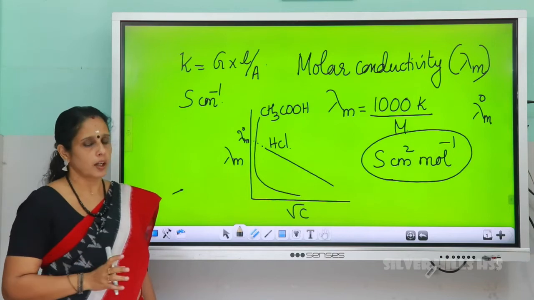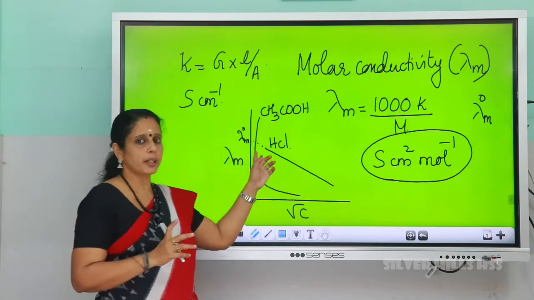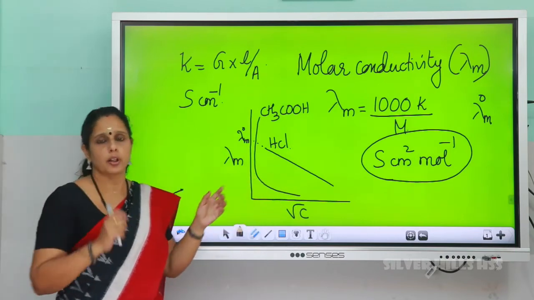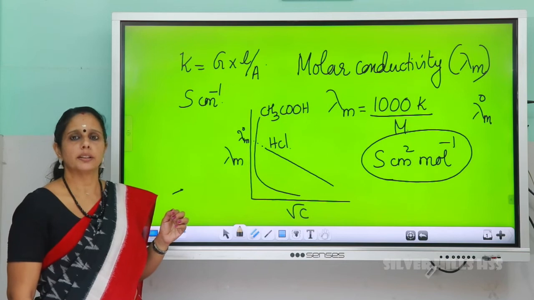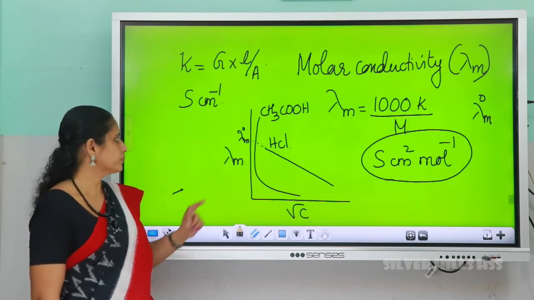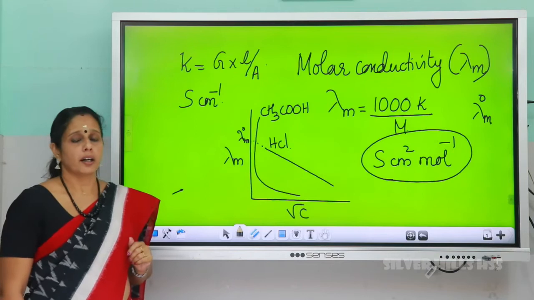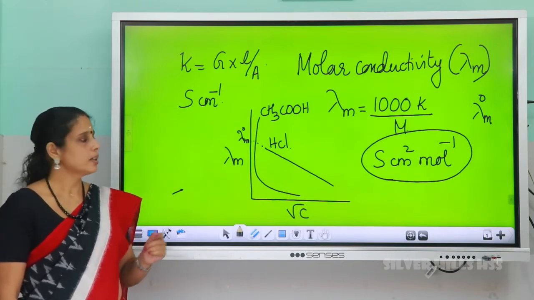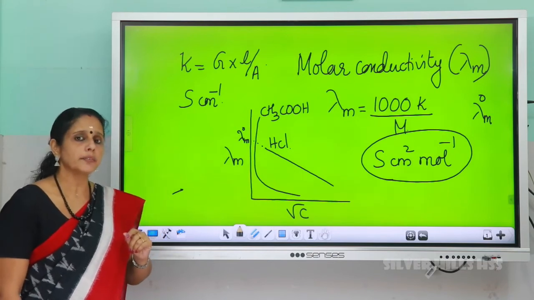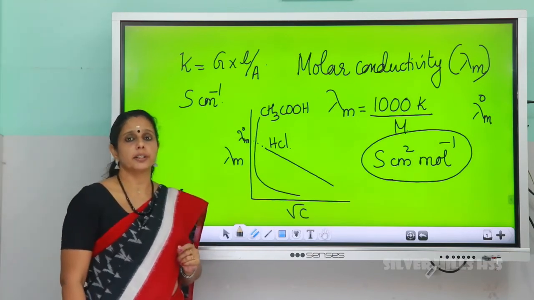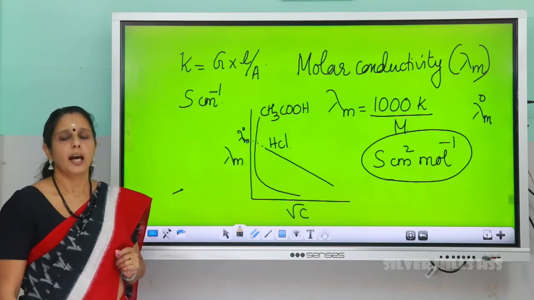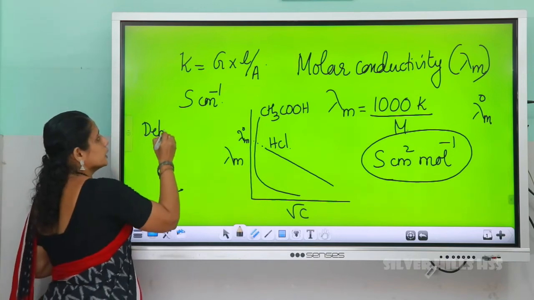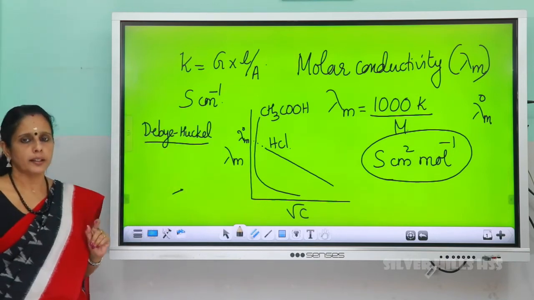But for a weak electrolyte, we cannot obtain it from a graph. It can be calculated on the basis of an important law known as Kohlrausch's law. We will discuss that. Then, Debye-Huckel derived a relationship between molar conductivity and limiting molar conductivity of a strong electrolyte, and the equation is known as Debye-Huckel equation, and the equation is